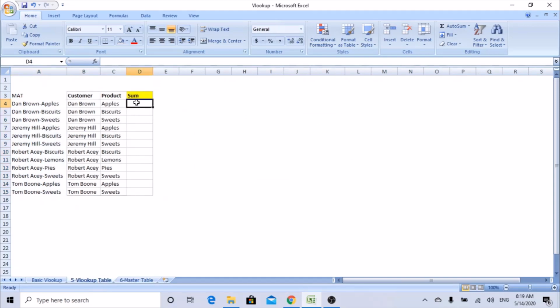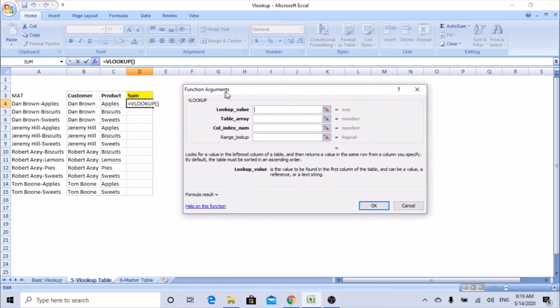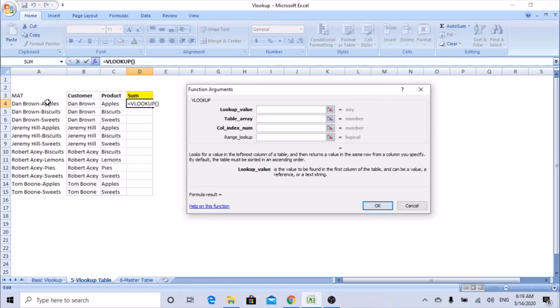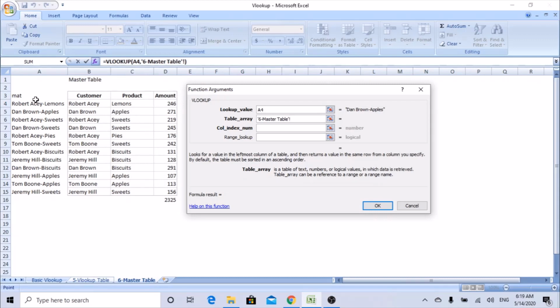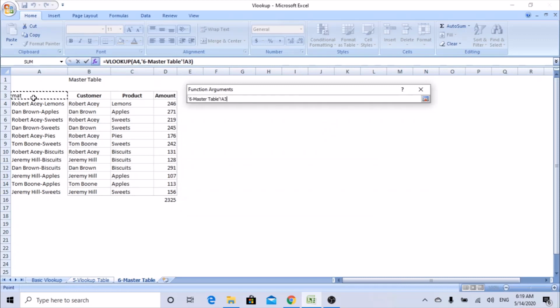Once you find the unique column, then you can use the VLOOKUP. VLOOKUP, open bracket, hit the insert function. The lookup value is nothing but the unique column which you have selected. Select one cell. The table here is nothing but the master data from where you are trying to retrieve the totals. Go to master data. Since the Mat column is the unique one, we'll select the range from here.